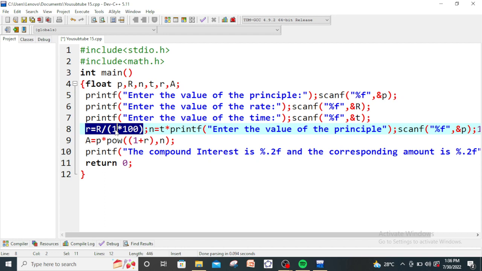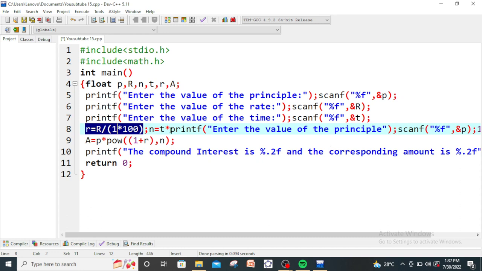So annually means per year, so per means 1, so here is 1, and you see this 100 is to make the capital R the rate in decimal, and